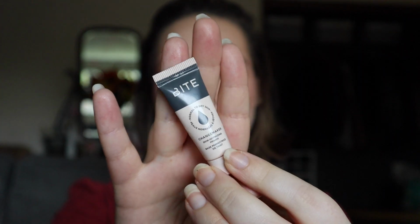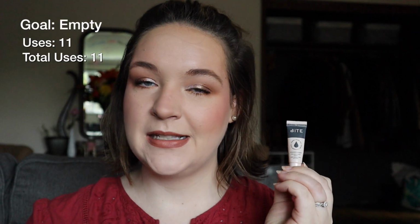The next number was 4, and the prompt was Sanrio, a product from a different country. So I rolled in this sample of the Bite Beauty Changemaker Primer. This was obviously something that I was going to finish. I got 11 uses out of it and then it was empty. I didn't really see a benefit in using this. It just kind of felt like a lotion or a moisturizer. Of course, I was layering it with other primer products, but